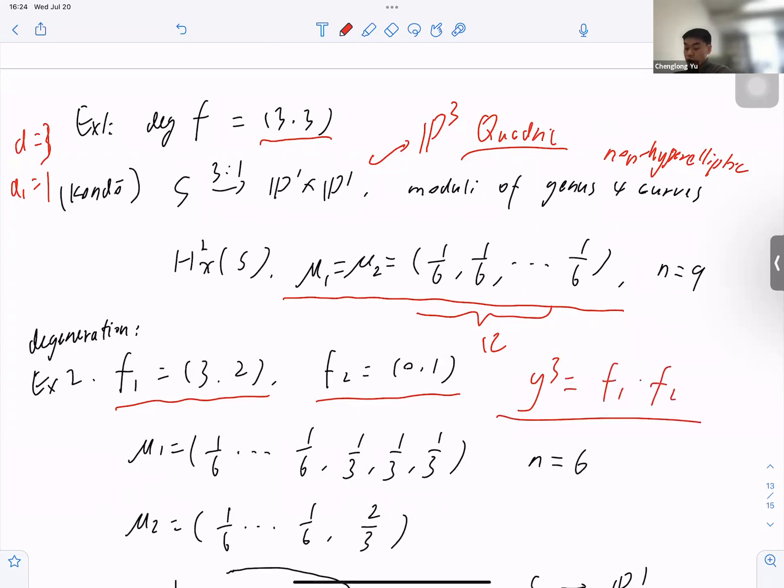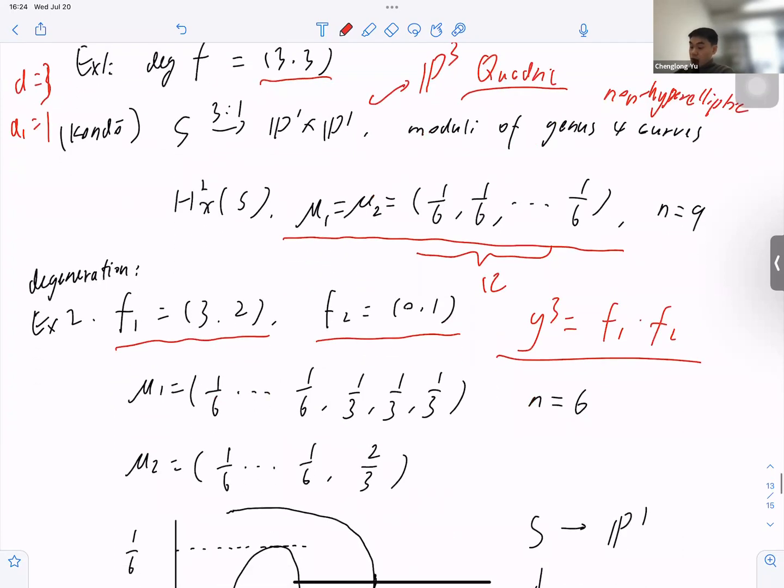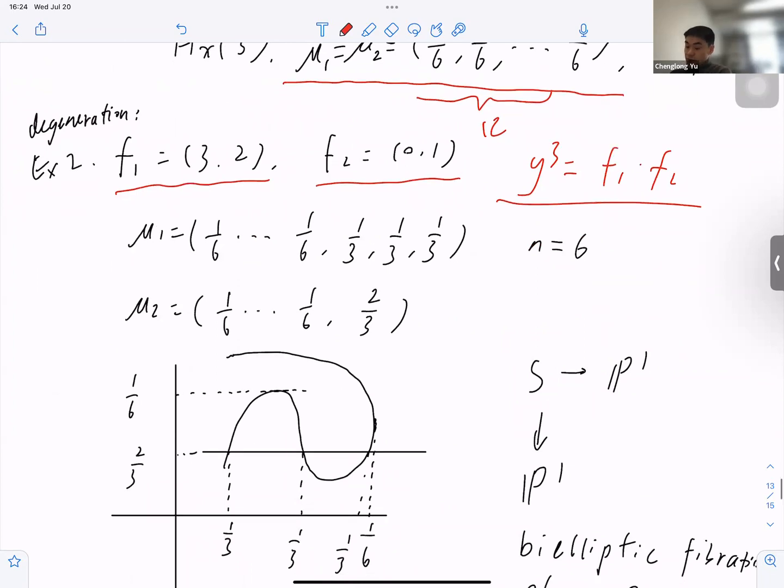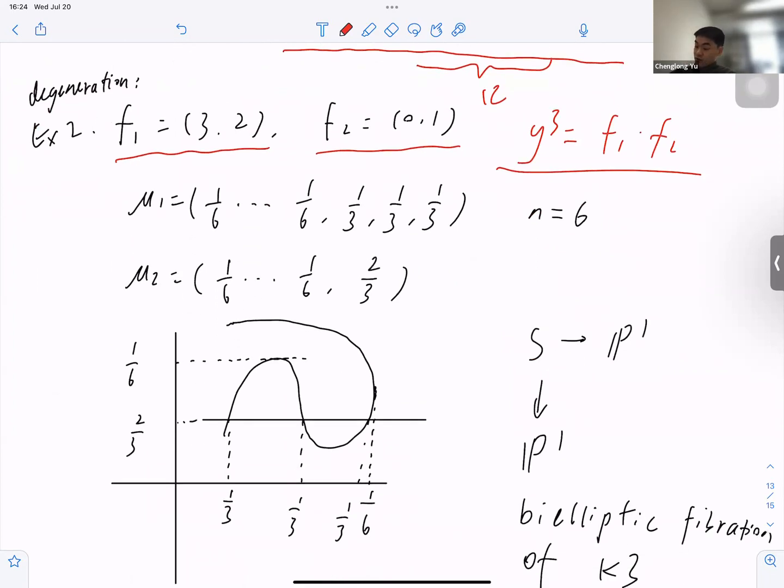So this is a degeneration of the first example. And for this, we know that this is not symmetric anymore. So the illustration of this configuration is as follows. F1 equals 0 will give us a (3,2) curve, and F2 equals 0 will give us one